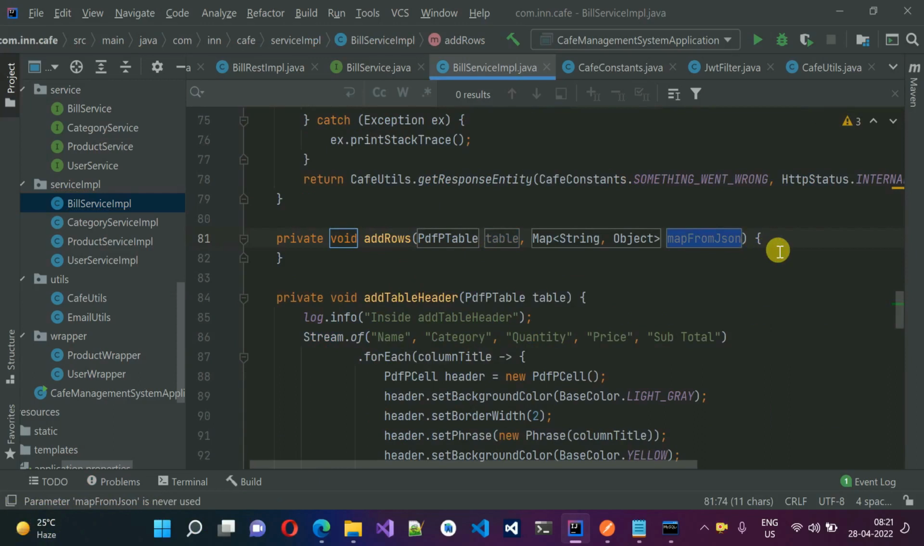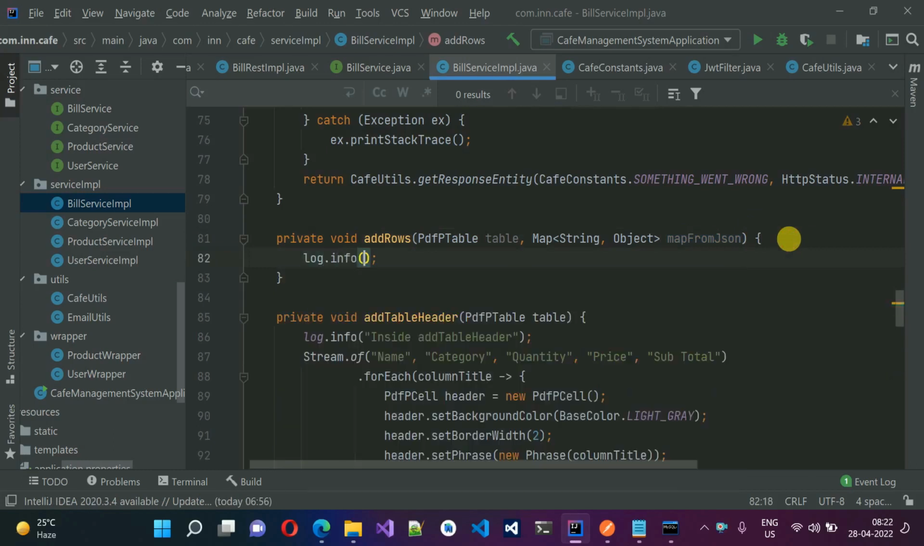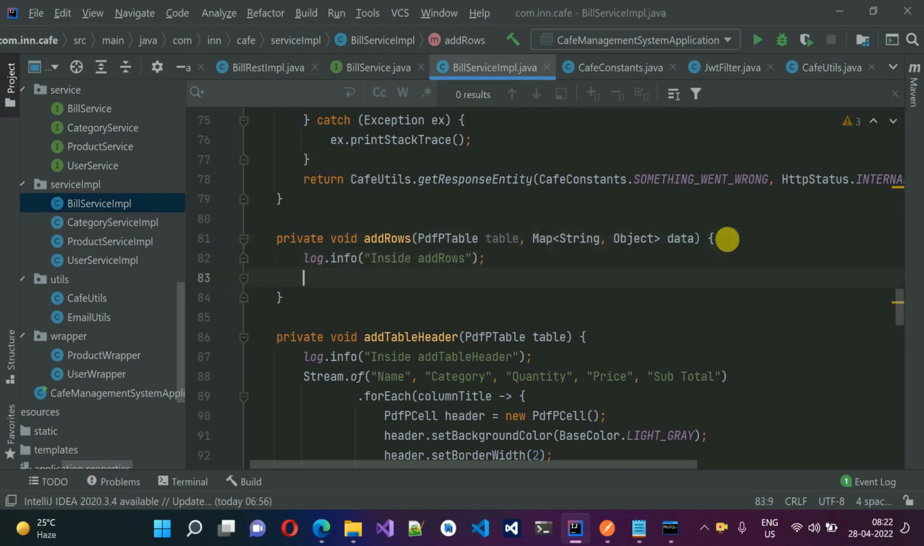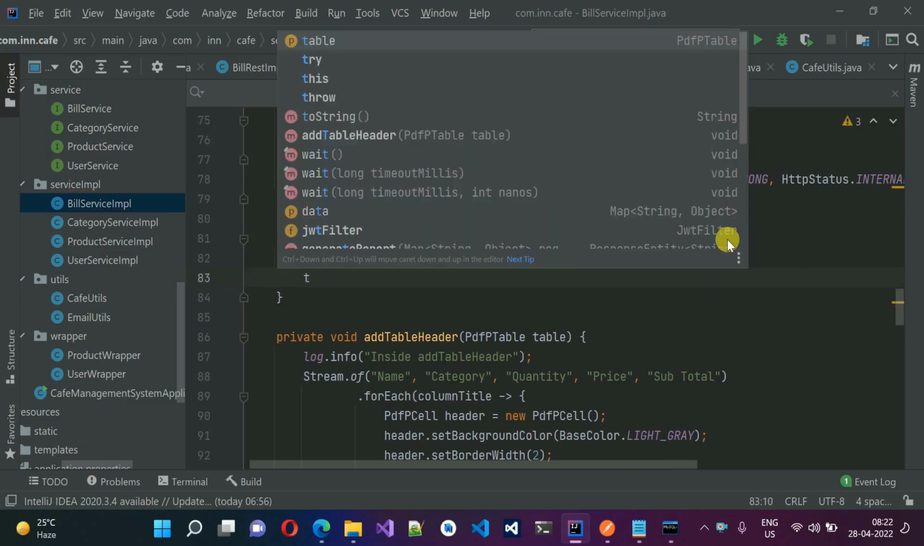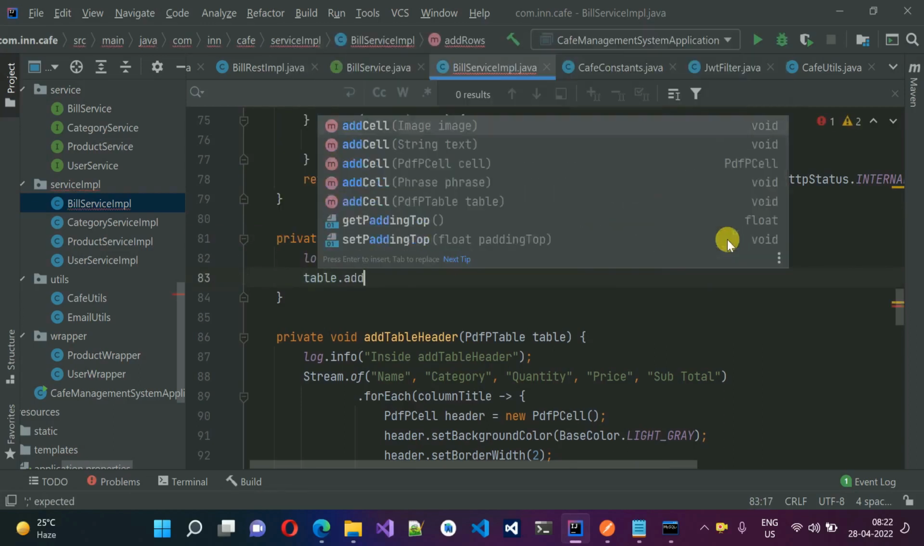Now we will write this method in order to add rows into the table. So first we will log it: log.info, and we will write inside add rows. I'm going to change this one to data. After this, we got the table object, so table dot add cell,